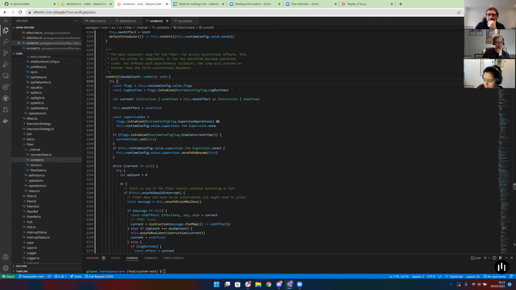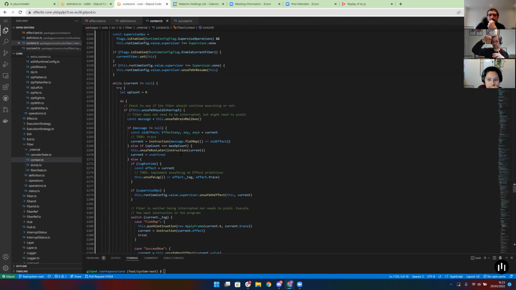But here's what I'm thinking right now. In the simple world where I have a function that's being called because it's being called by an effect, there's likely to be a frame or many frames on the call stack that reference the fiber. Is that right? There's like the only frames you have. Exactly, that's what I'm thinking. Yeah, because the operation is even lazified. So any relationship to prior time is lost.